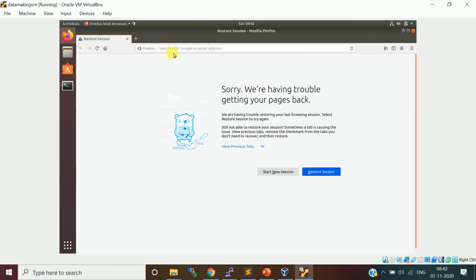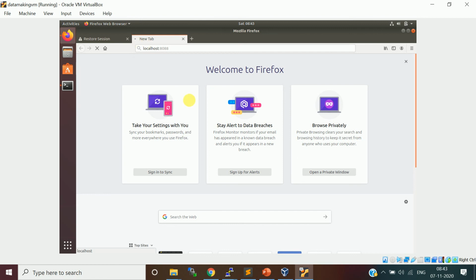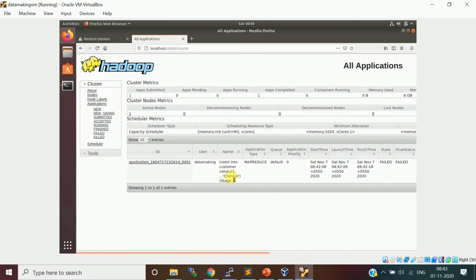I'll just check. I'll go here, localhost. Okay, so there is an application created. Okay, it was saying failed. Okay, why it is failed? We'll check it.